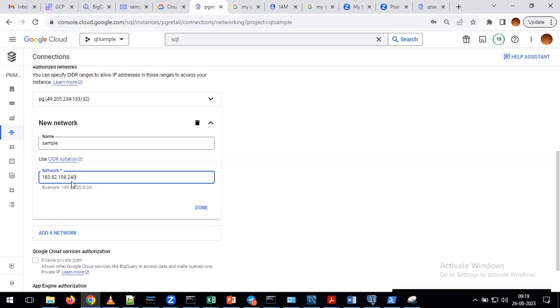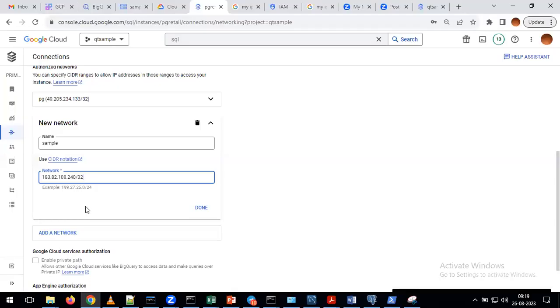After that, please add /32. This is very, very important. In the example, if you see, we have /24, but the /24 is not working. So you have to give it as /32. Give your IP address /32.